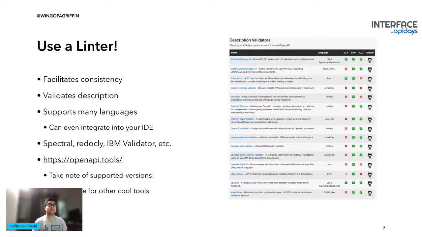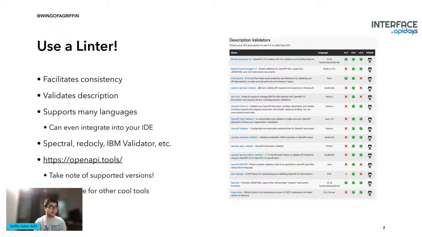Additionally, this is actually a comment that I got from feedback from my last talks, which I have been using, but thought was a good thing to show off. Use a linter. There are so many different linters out there, which are there to help validate your API descriptions and your API spec to make sure it is valid Open API, but also makes it a little bit picky in terms of consistent formatting and consistent naming, so that you are facilitating consistency.